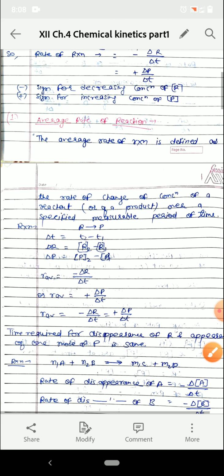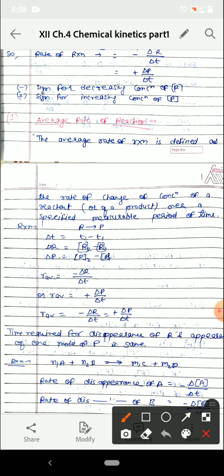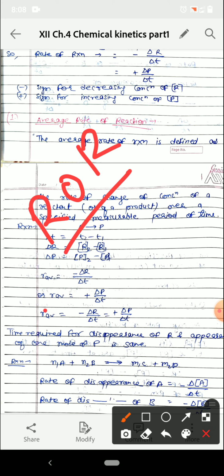Now we are going to study the rate of reaction. There are two kinds of rate of reaction, ROR, which I am writing, rate of reaction. One will be the average, which we will write as R average, and one will be